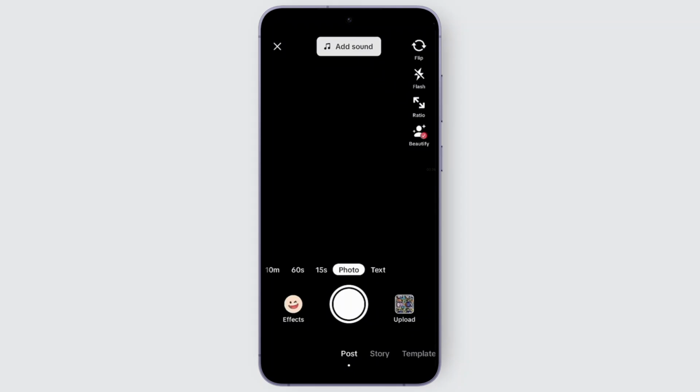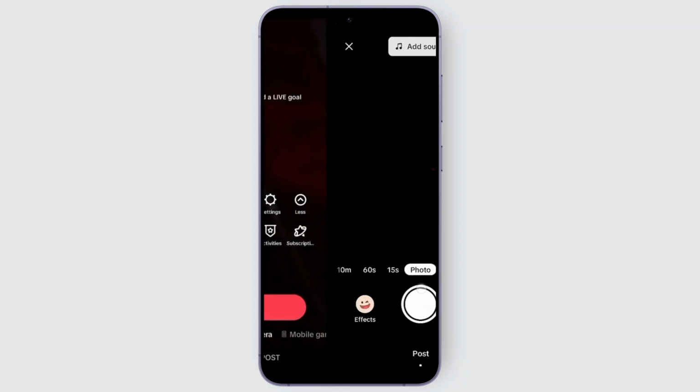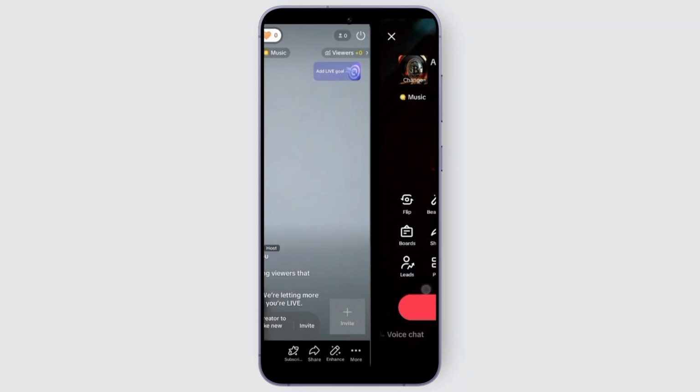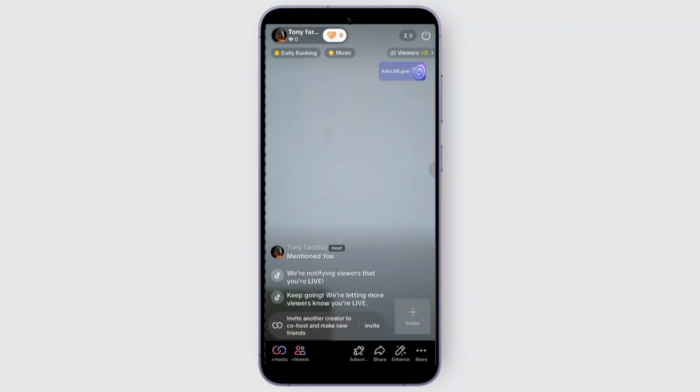And then once you tap on it, it will show you this interface. Now from the given interface, you may swipe right or left and look for the live option. Once you click on live, you should be finding this. Now from here, you can go ahead and start your live video. You can simply click on the go live option. And then once you start your live like this, now what you need to do is